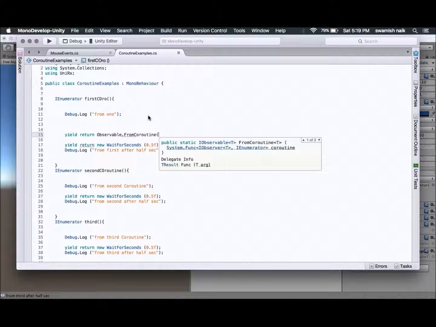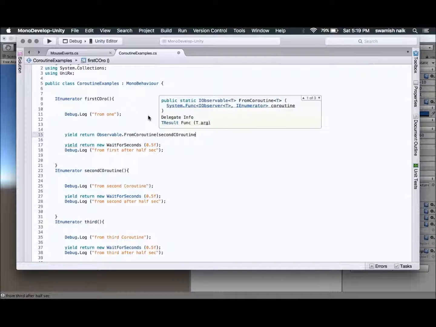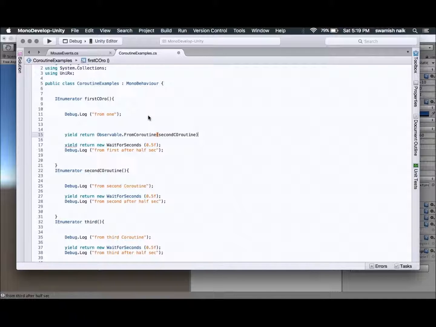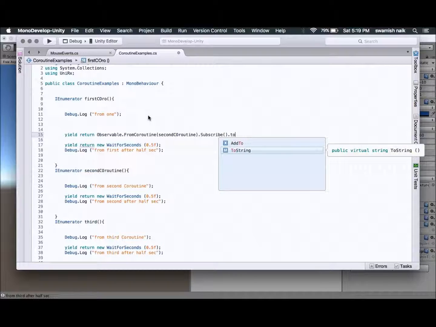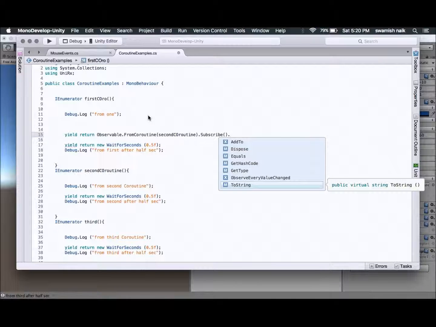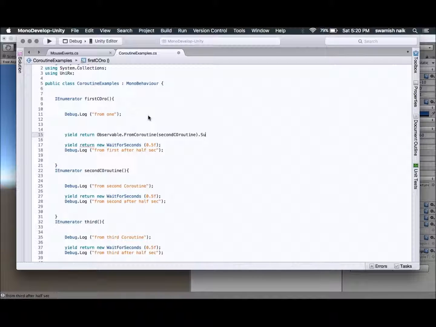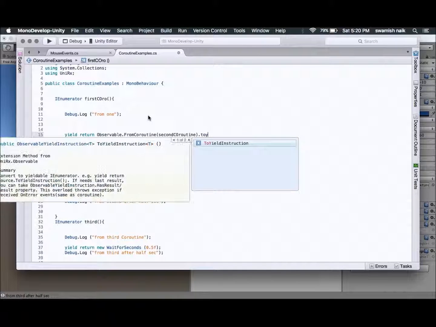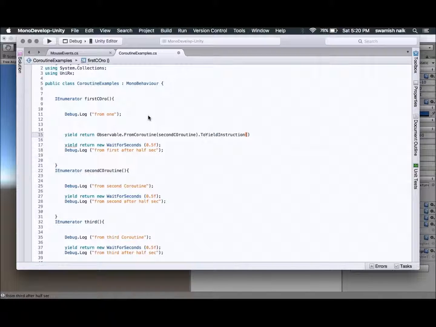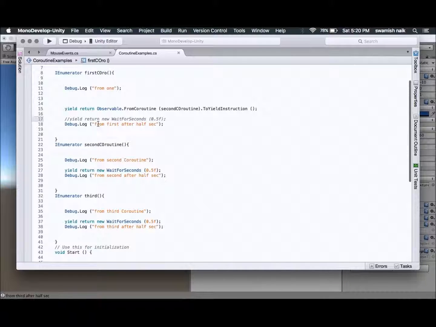Like before, we will pass here the second coroutine. We don't need to do Subscribe, we just need to use yield instructions. So it will yield this coroutine, and after completing it we will continue with this. So let's see how this works. Let me uncomment this, let me comment this.